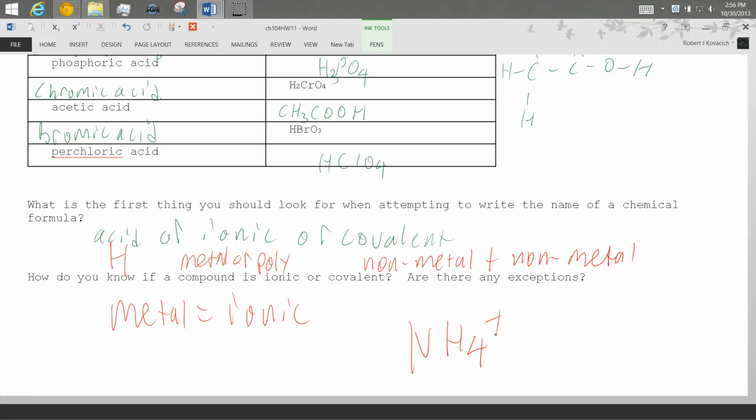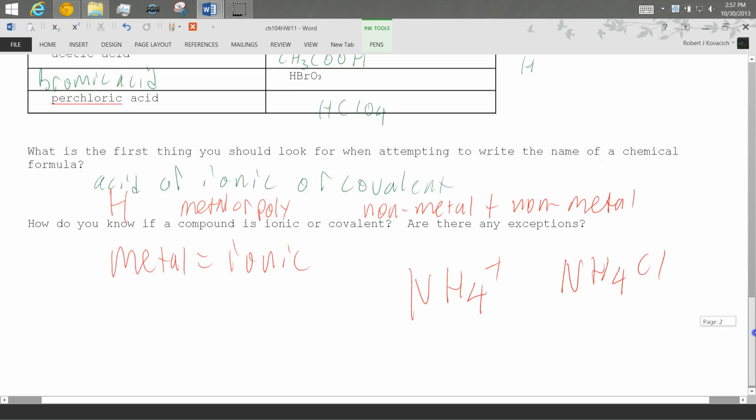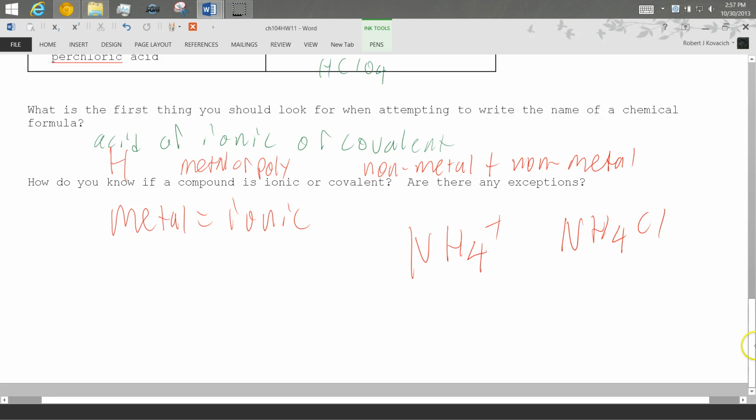So then my formula is, say, NH4Cl. Are there any metals there? Nope. So is it covalent? Why not? Because there's a polyatomic ion there. So that makes the chlorine an ion. So if you see a metal, it's ionic. But make sure you're not also looking at a polyatomic ion. Otherwise, you'll